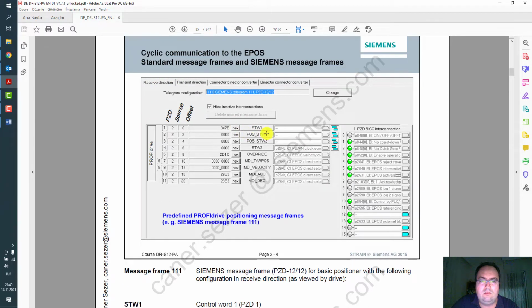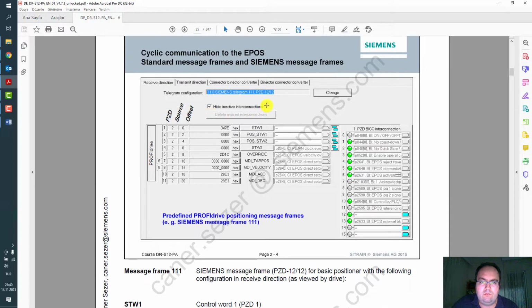The first word is the Steuerwert, that means control word 1, then position control words 1 and 2, control word 2, and velocity override as a single word. On the left side on PROFIdrive you will see 6 and 7: the MDI target position setpoint is a double word, MDI velocity is a double word, and the acceleration deceleration setting is a single word.